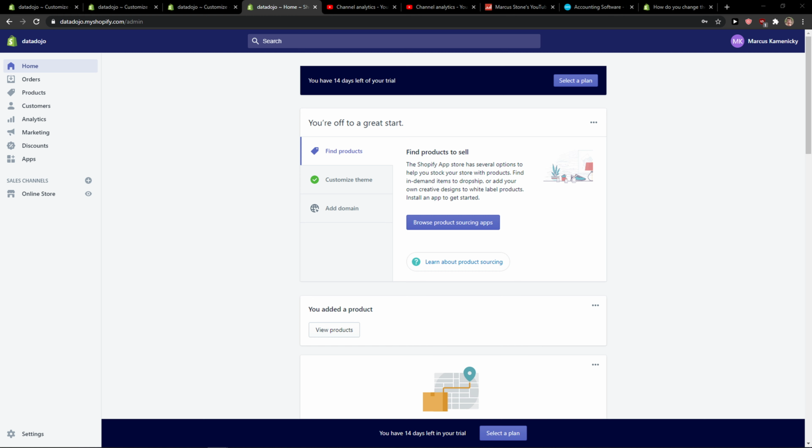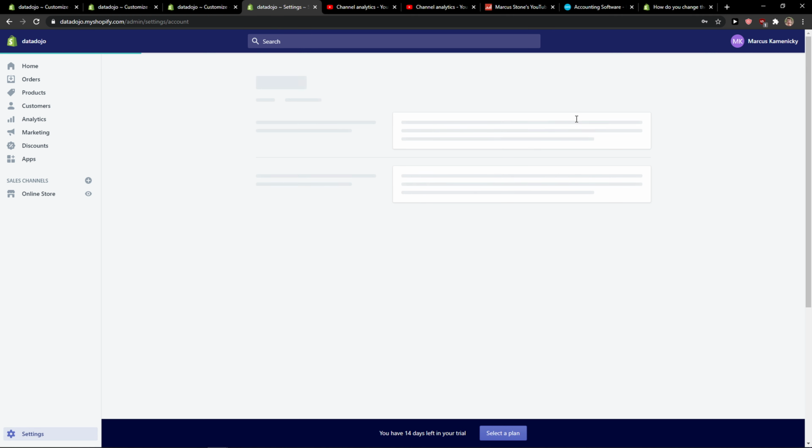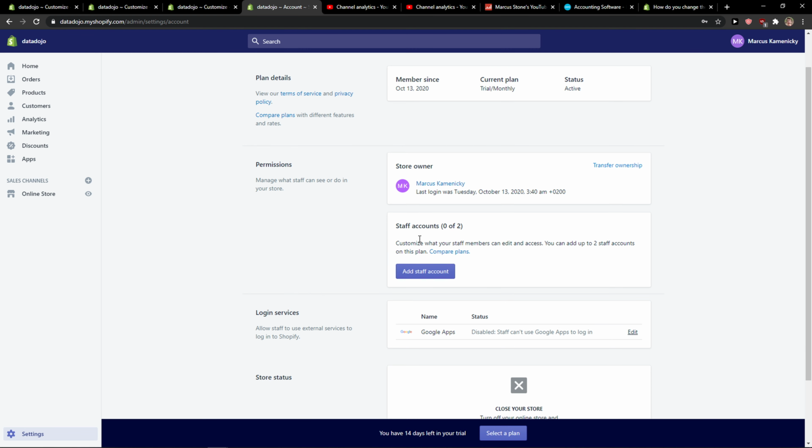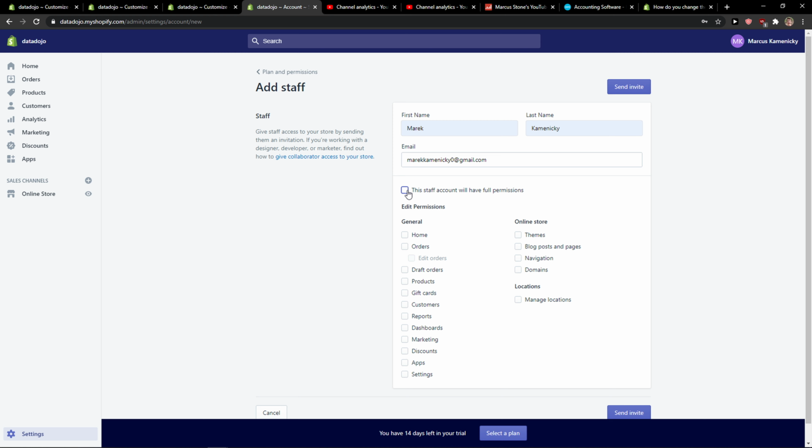So let's start. The first thing you want to do is just be in here in Shopify, and now you just want to go to settings, and here you want to go to the right upper corner to plans and permissions, and here you're going to see staff account, and you just want to click staff account and first name, and I can go like this, and this staff account will have full permissions,